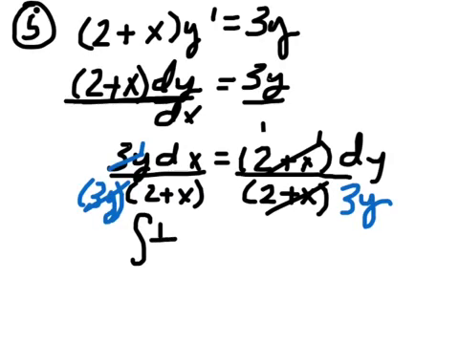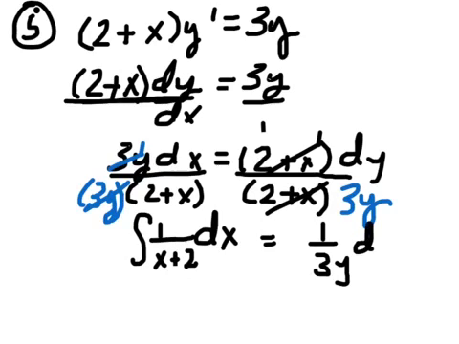I have 1 over, isn't 2 plus x the same thing as x plus 2? I'm just going to write it that way. 1 over x plus 2 dx. And over here I have, I don't know why I put that integral on there. I was just trying to simplify, but I'm going to integrate it next. Over here I would have 1 over 3y dy, but the next step is to integrate each side, right? Okay, now